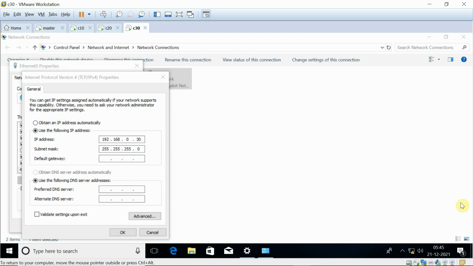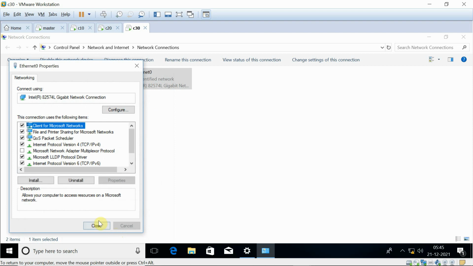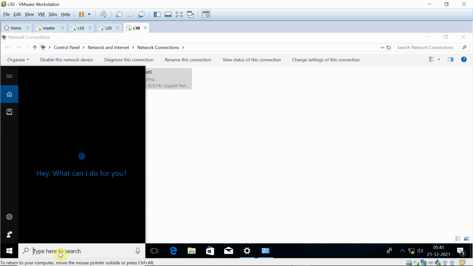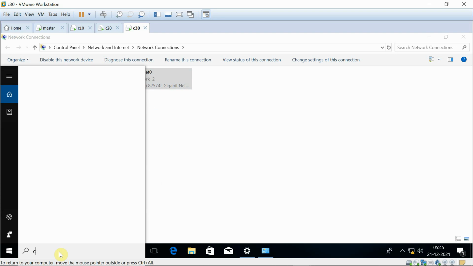We are going to specify the gateway as 192.168.0.1. If we do not specify the gateway, then this system will not be able to communicate. So okay, we close.